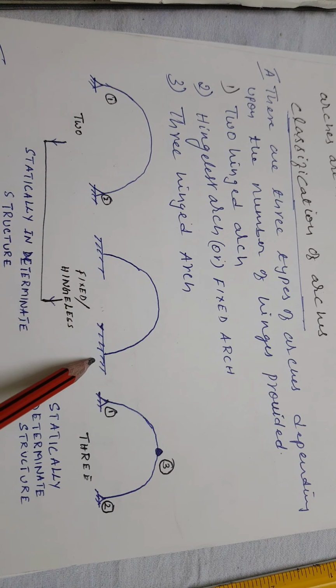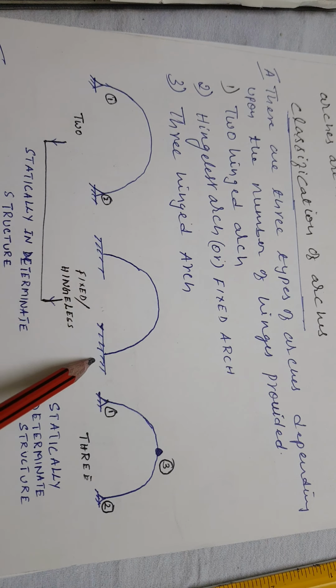Okay, A and B are the two supports, these are the hinges at the bottom. Another one is the apex point, or we can say the crown, so it is the topmost point of the arch. And a very important thing here is the length